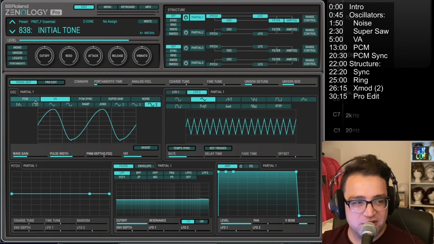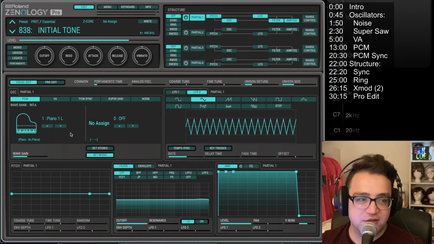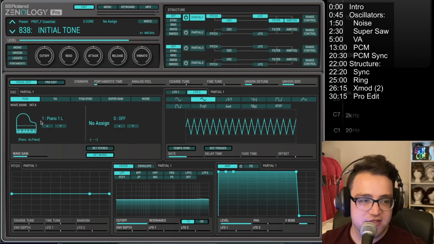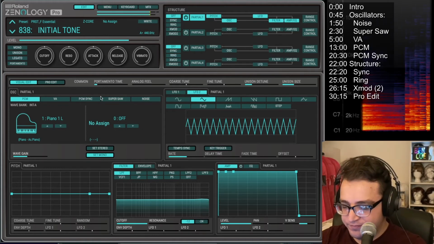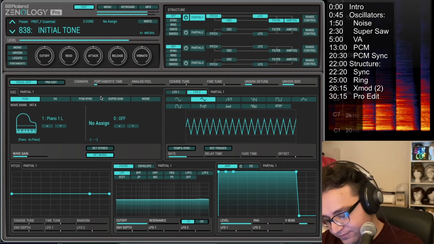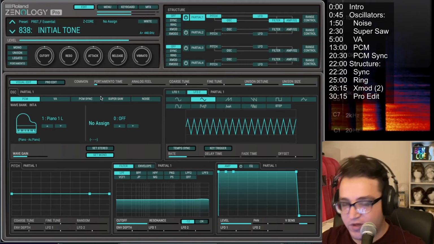Next up, we're going to talk about PCM. All that PCM sample means is that it's a sample. The default sample in the default initial tone is called 1 piano 1L, and it sounds like this. Now,